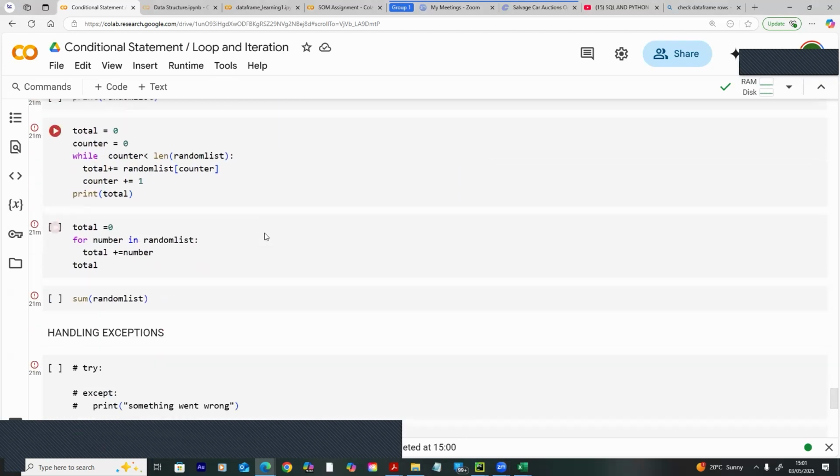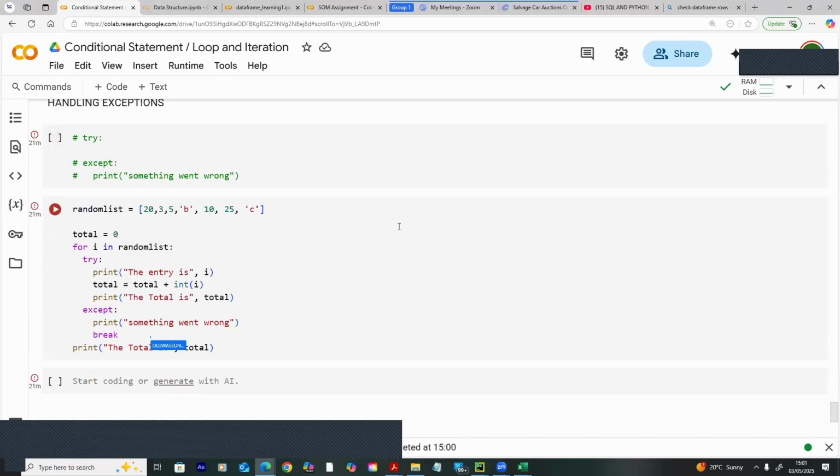So I don't think I need to cover this. I will cover this one under exception handling. I think this will be the end of loop and iteration today. So exception handling helps you to track